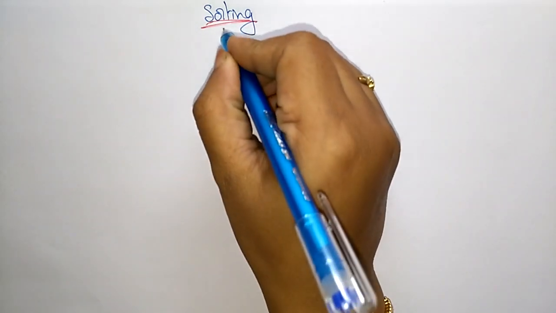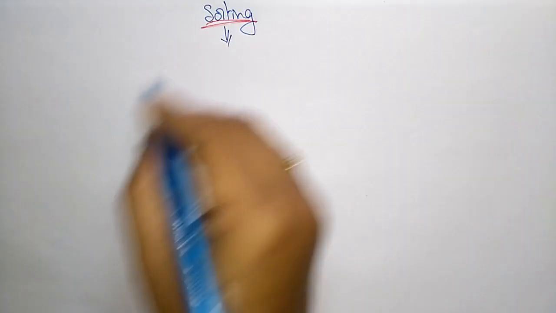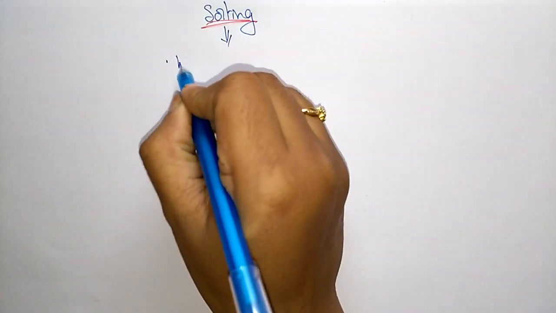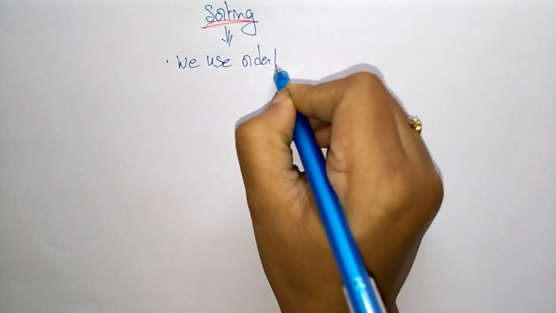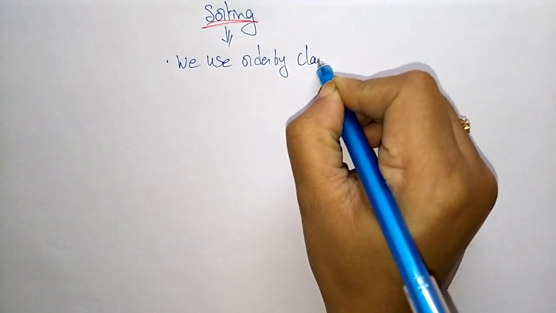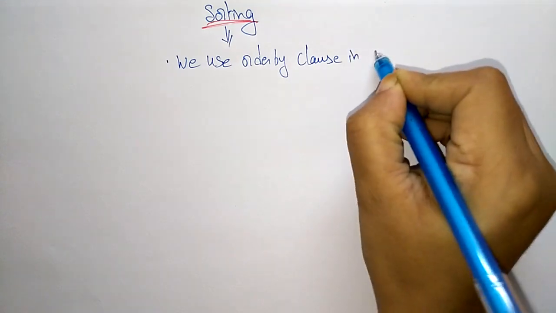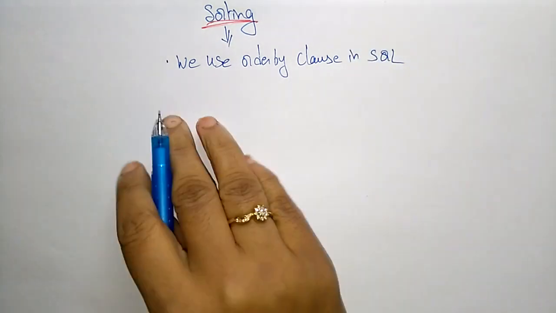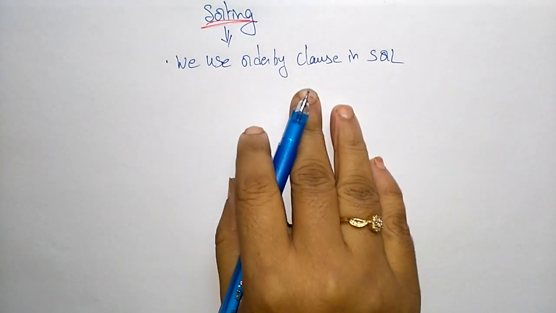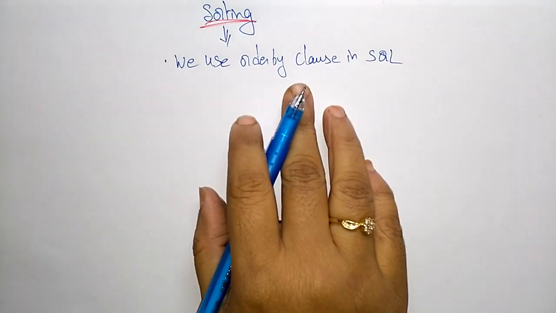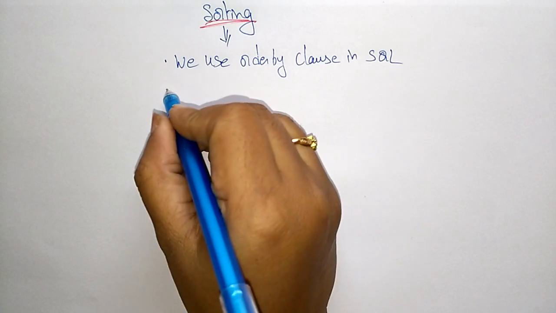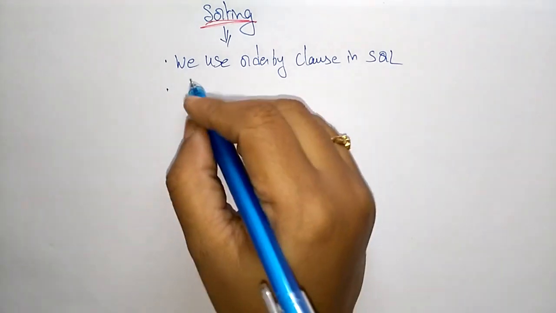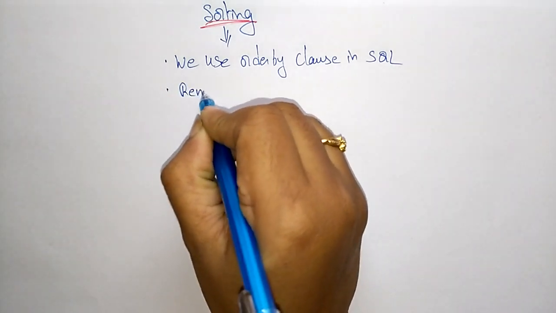So actually sorting is required when we use the ORDER BY clause in SQL. So in Structured Query Language, whenever you are writing queries, in the case of the ORDER BY clause, if you are using ORDER BY, in that case the sorting will be required. Okay, and this sorting also removes the